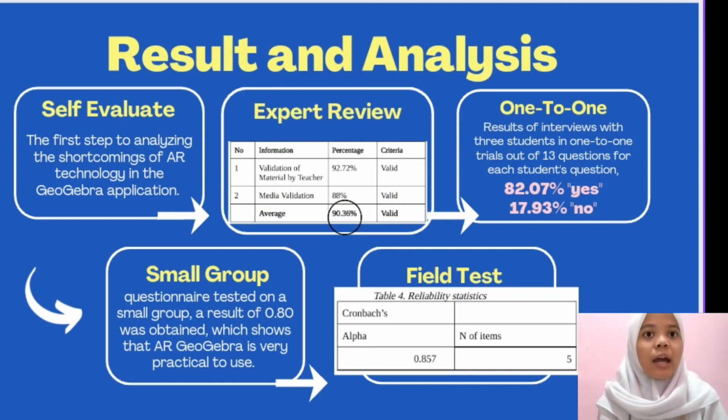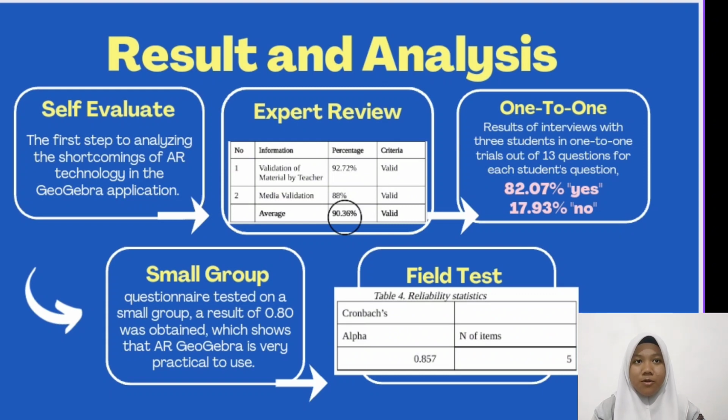And the second one, at the expert review stage, the research instruments are scrutinized, assessed, and evaluated by experts. These experts examine content and language of each instrument, and then suggestions from experts are used to develop devices. It can be seen from the table that has been displayed. The assessment result from media expert overall reached 93%. If the percentage obtained reached 81% to 100%, then the media is categorized as very valid.